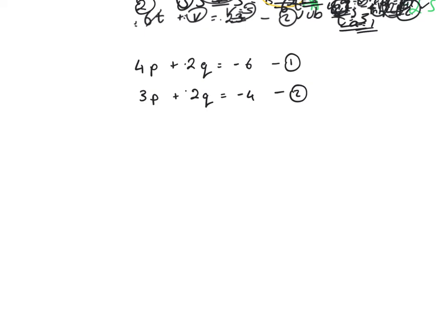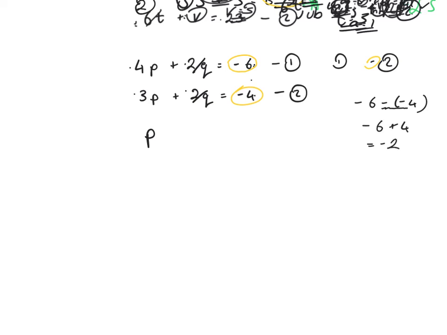So I'll get rid of 2q by subtracting. So let's do equation 1, take away equation 2. 4p, take away 3p is p. 2q, take away 2q, that cancels out. And then minus 4. And really just be careful here, I've got minus 4 minus 6. So I've got minus 6 and I'm taking away minus 4. So I'm just going to write that out. Minus 6 minus minus 4. Remember that the two negatives there will turn into plus, so that's minus 6 plus 4,